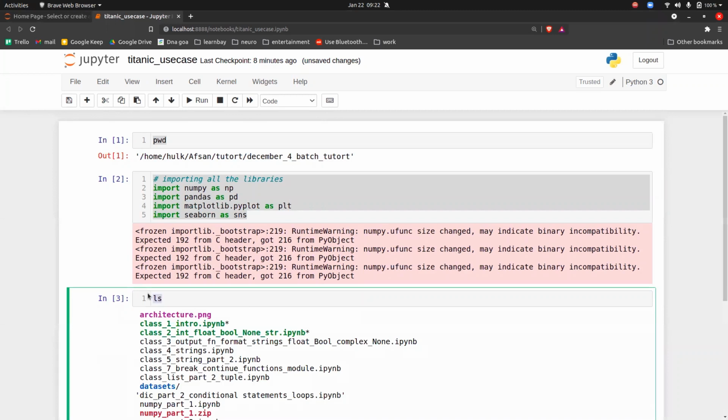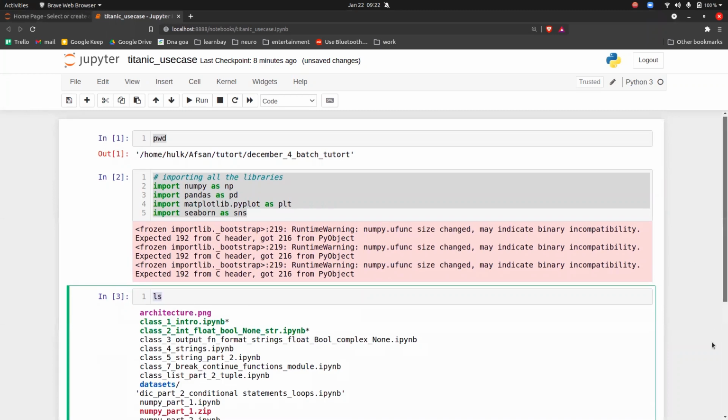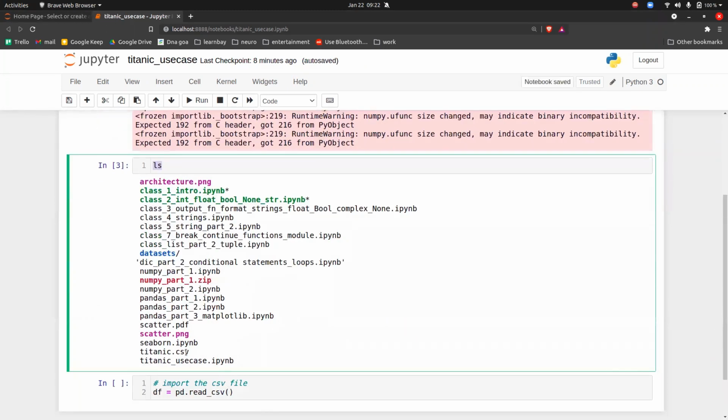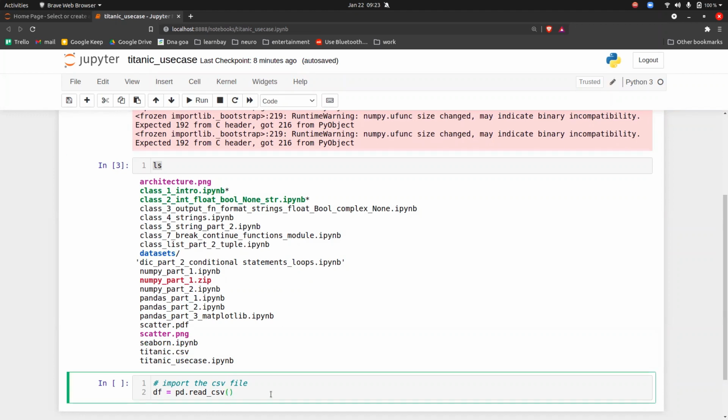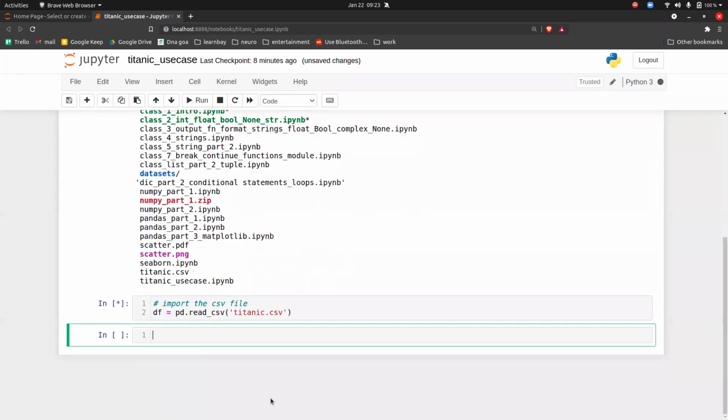When you do ls and execute it, if you scroll down, you will see your file titanic.csv, guys. And of course, you have to unzip it. Please unzip it, then only you can see the titanic.csv file. If you are able to see that, then what you have to do is put the file name. That's it. So titanic.csv and execute it.